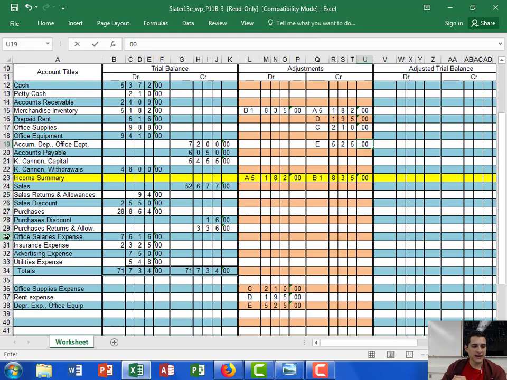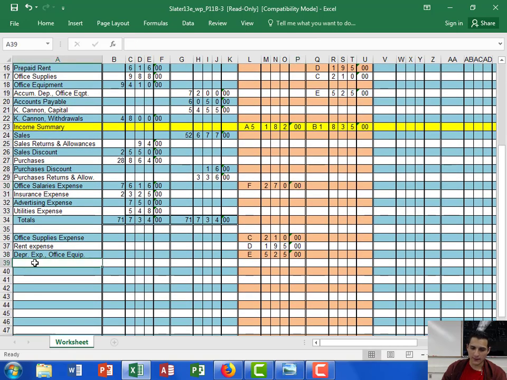So if we look through our accounts, we have one that says office salaries expense, which is our debit. So we're going to start with that one now. Transaction F for $270 debited. And since we're not paying this off right now, we have to show that we still owe that money to our employees. So that's going to be office salaries payable, because remember, payables are liabilities, or what we owe to whoever, employees, vendors, your mom, Dr. Claus, whatever,